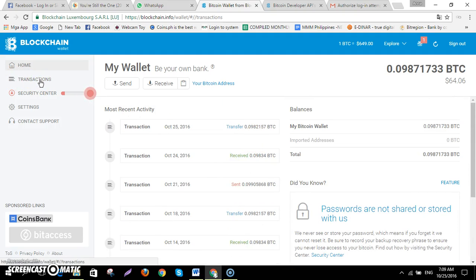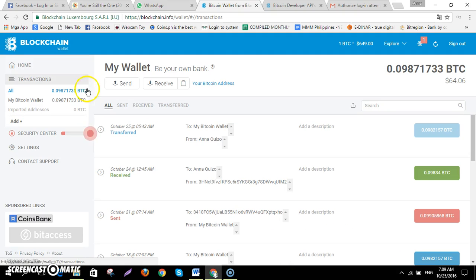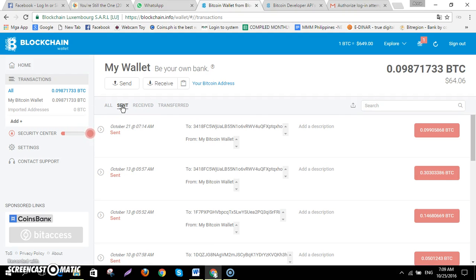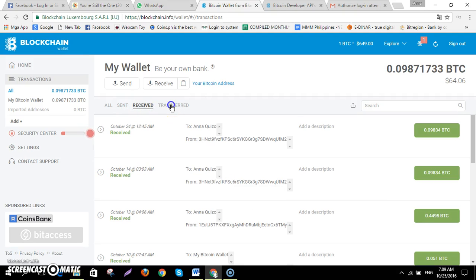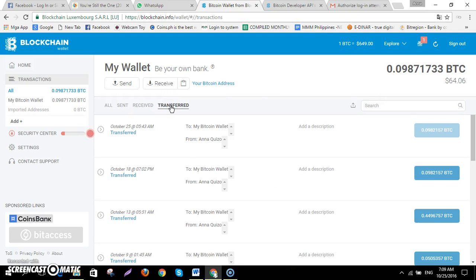All the transactions, either you sent money, you sent your Bitcoin, you received your Bitcoin, or you transferred your Bitcoin from your other wallet to your main wallet. Because in blockchain, we can create different sub-wallets. But always remember, blockchain has a main wallet also.